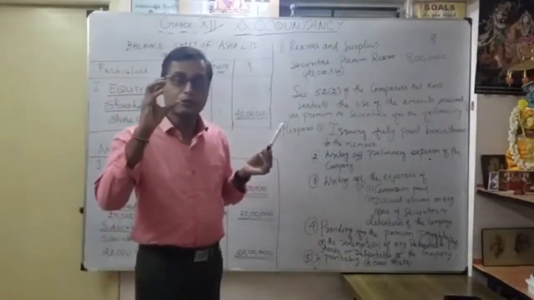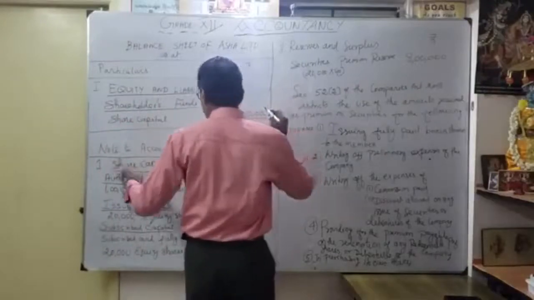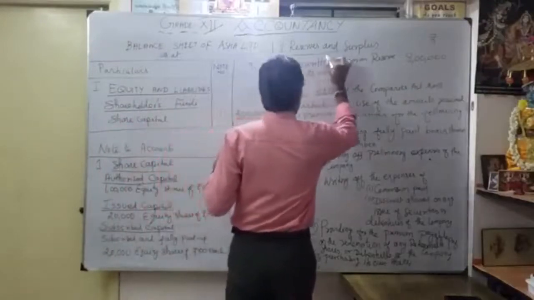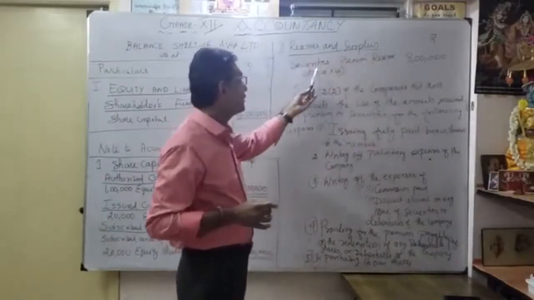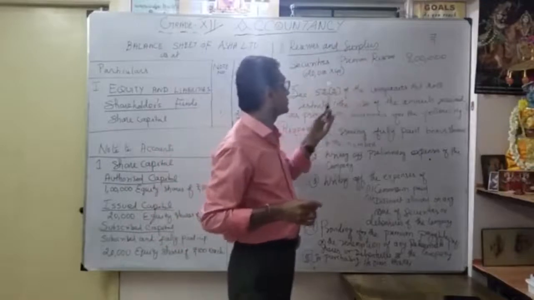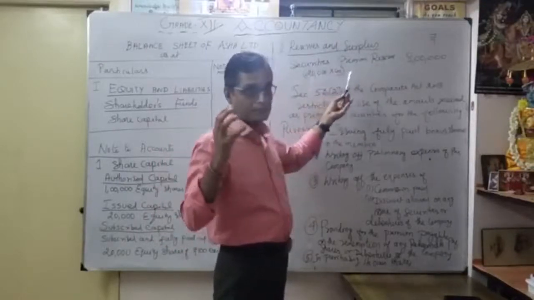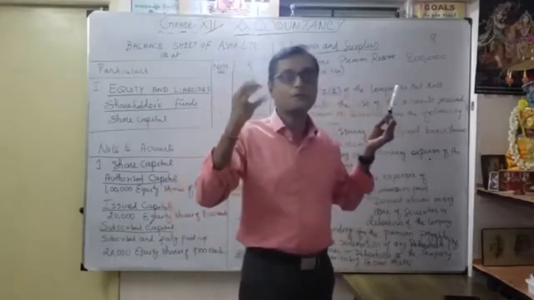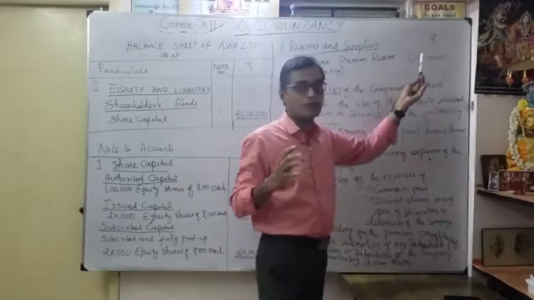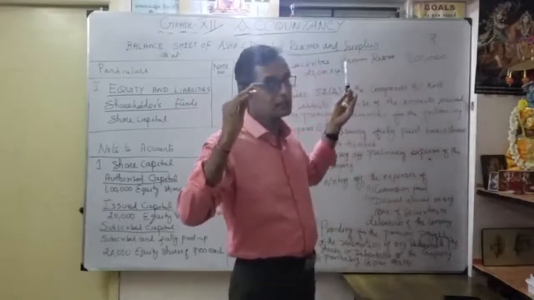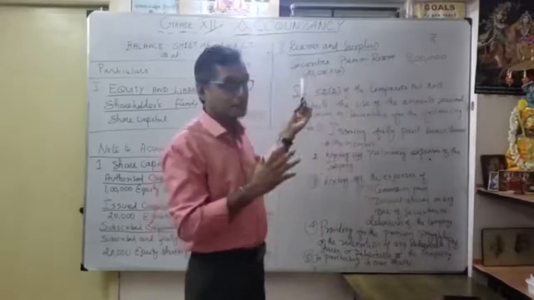That securities premium, what is that? You have to show it under what? Under the same, next one after share capital, reserves and surplus, correct? Under reserves and surplus, you write securities premium reserve account, correct? How much? 20,000 shares, so 40 rupees each, that is 40% of our face value. So this is 8 lakhs. That is what you want to show in the balance sheet under securities premium reserve, which is under reserves and surplus. That is the second important point here.